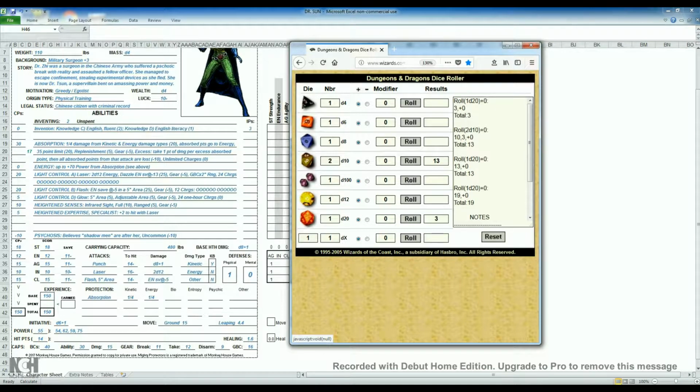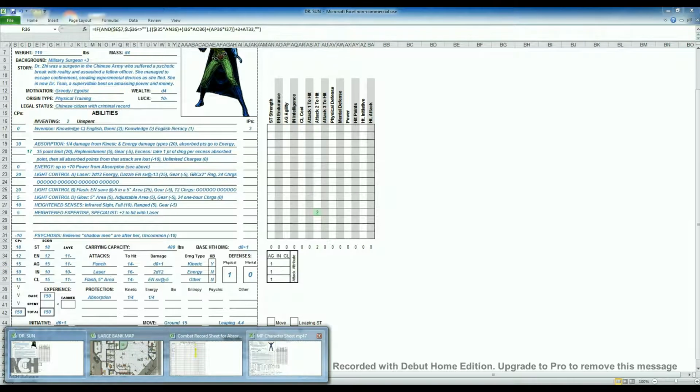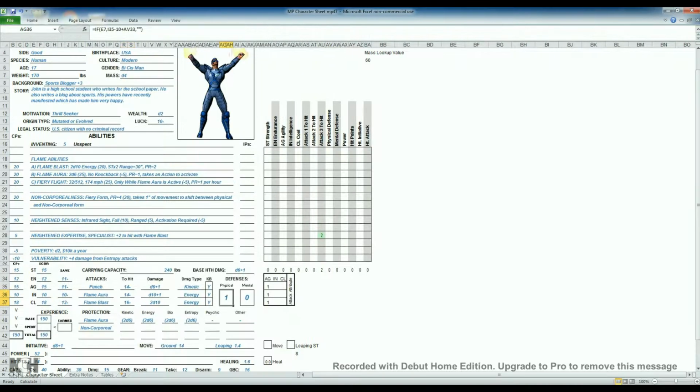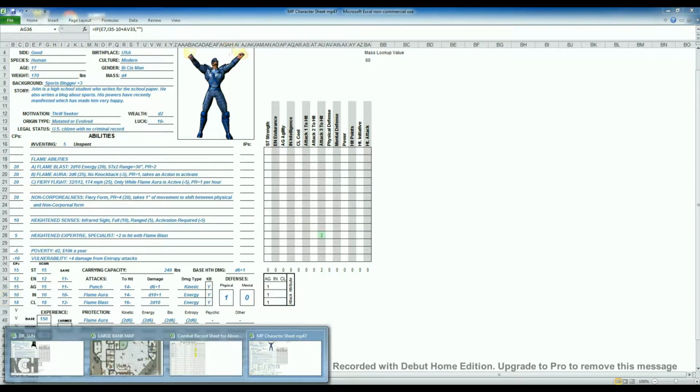So now she's trying to shoot him with her laser. She's got a -3 to hit, so it becomes a 13, and he's got a 1 defense, so she needs a 12 or less to hit him. So she doesn't have the best chance in the world to hit. So maybe instead of shooting him, she should use her